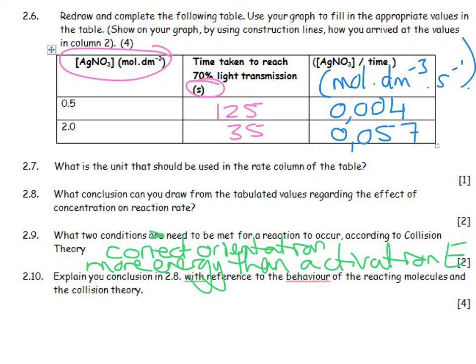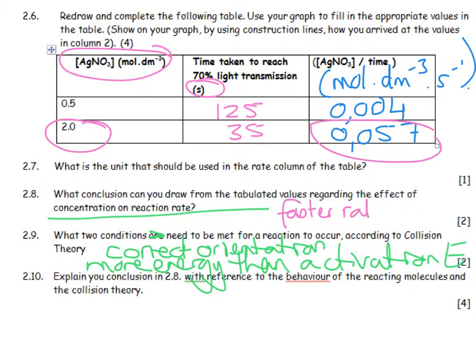Explain your conclusion above. And that's this one over here. Oh, we didn't do the conclusion, so maybe we should do that. What conclusion can you draw from the tabulated values regarding the effect of concentration? Well, quite clearly we have got a faster rate of reaction when we have a greater concentration. And again, it's a conclusion, so you should write a full sentence. I'm just writing quickly, so it's faster rate for greater concentration, but you should have that as a full